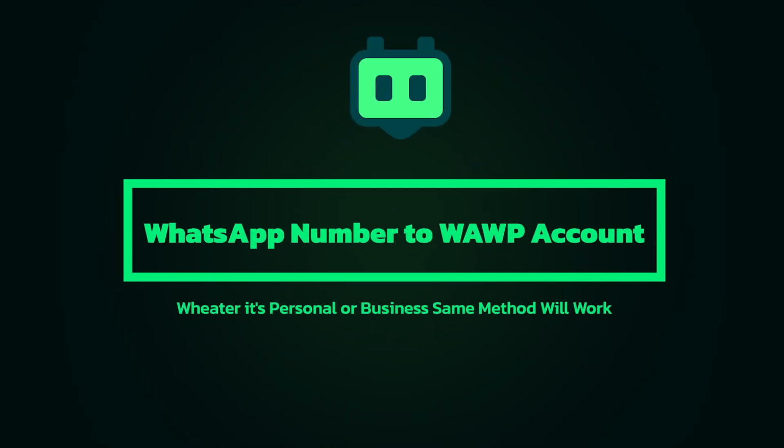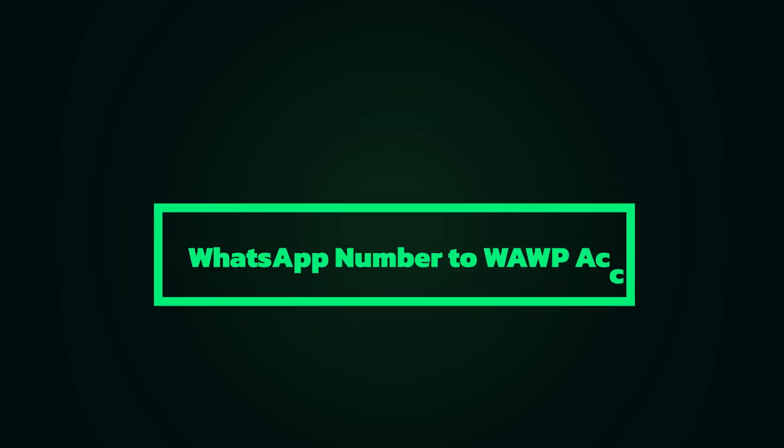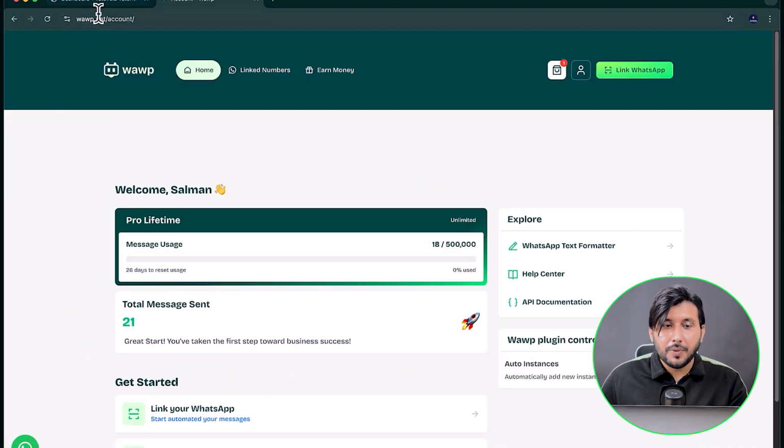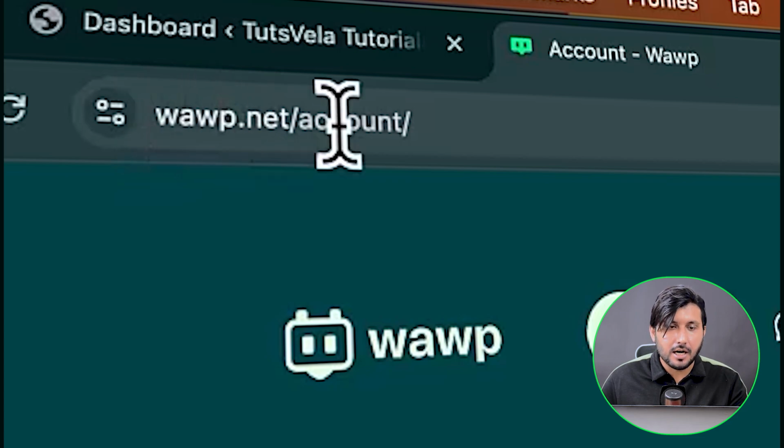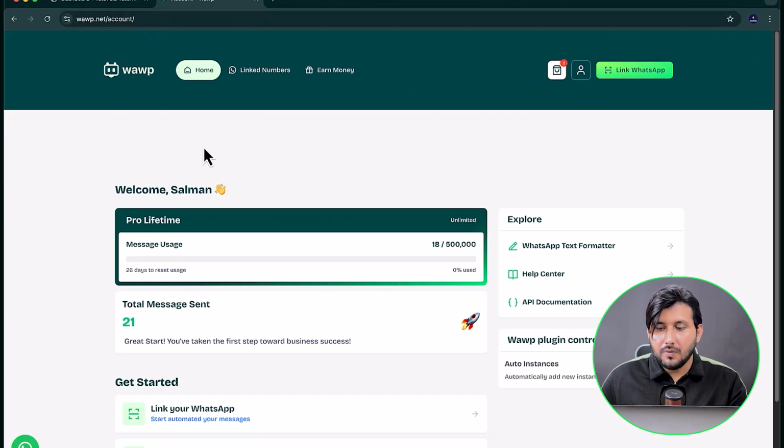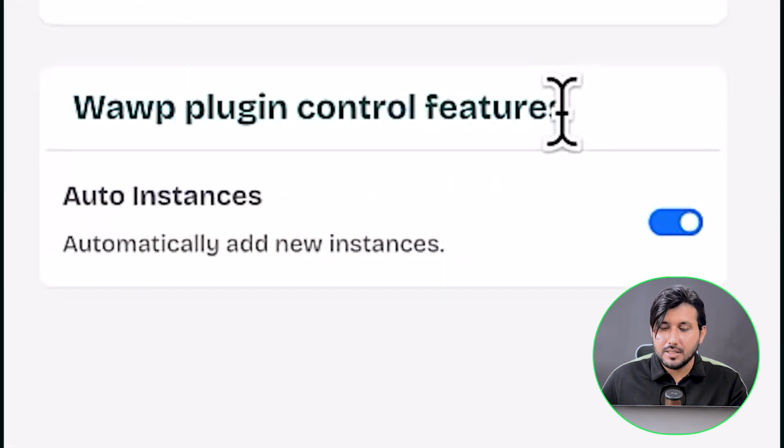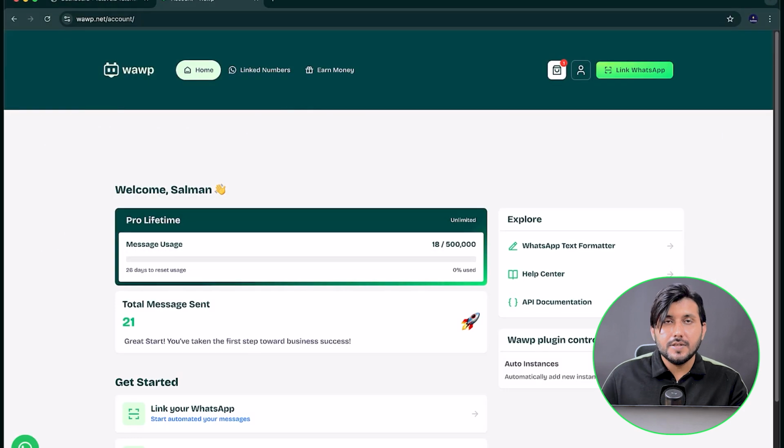I'll walk you through how to correctly connect your WhatsApp number to your WAWP account easily. Whether you are using personal or business WhatsApp, this method works for both. So start by going to your WAWP dashboard, which is wawp.net/account. From here, you will see something like WAWP plugin control features. Here you have an option for auto instances. Just turn this on. This will allow automatically importing instances in the WordPress dashboard, which we will see later in this